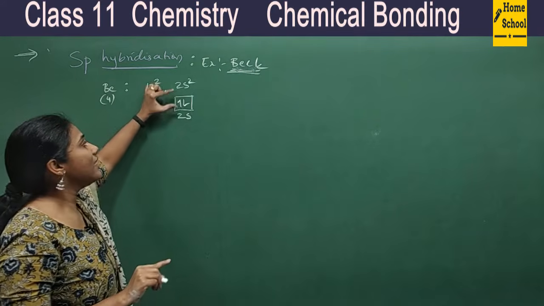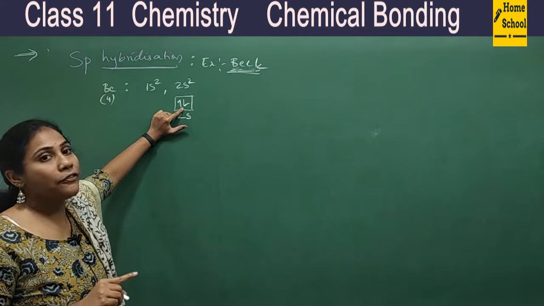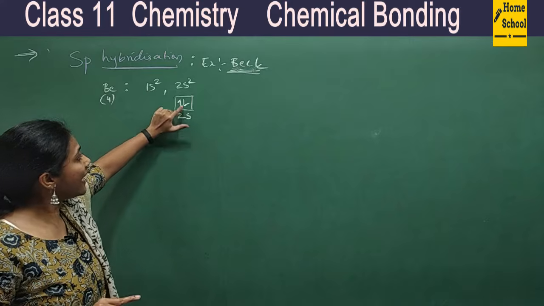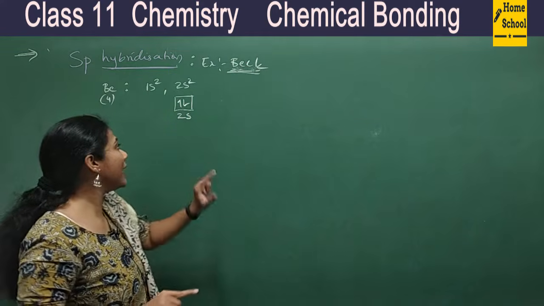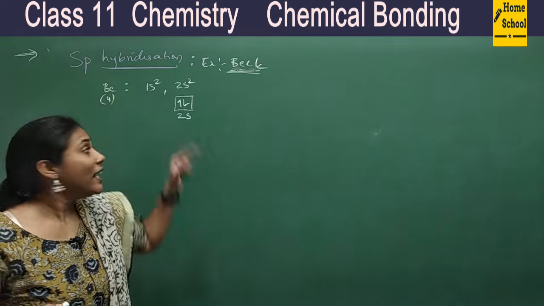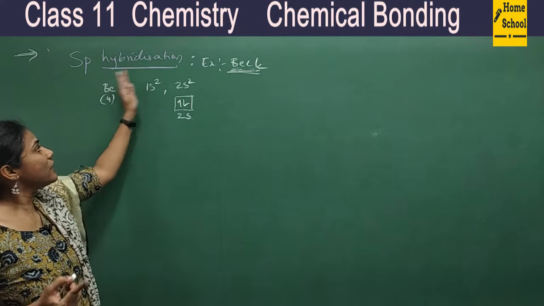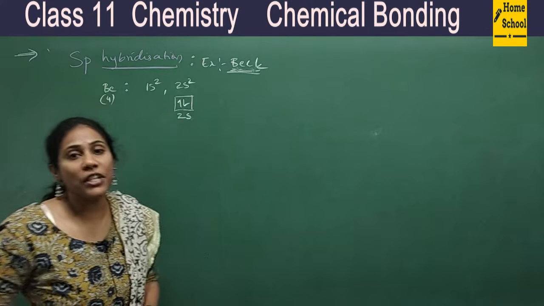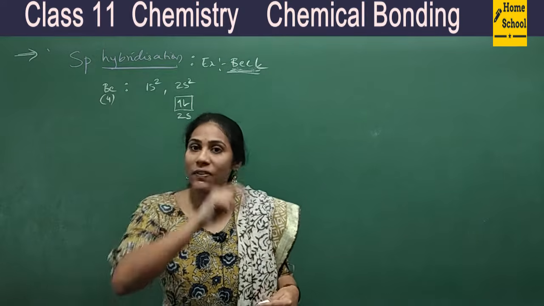But you see the valence shell has only 1 orbital, and that too is completely filled. So does it have the ability to overlap with the orbitals of Cl? No, right? Orbitals must have a single electron with opposite spin, and beryllium must provide 2 orbitals. You can't use the inner shell, you can only use the valence shell. Always remember, for bonding you can only use the valence shell.